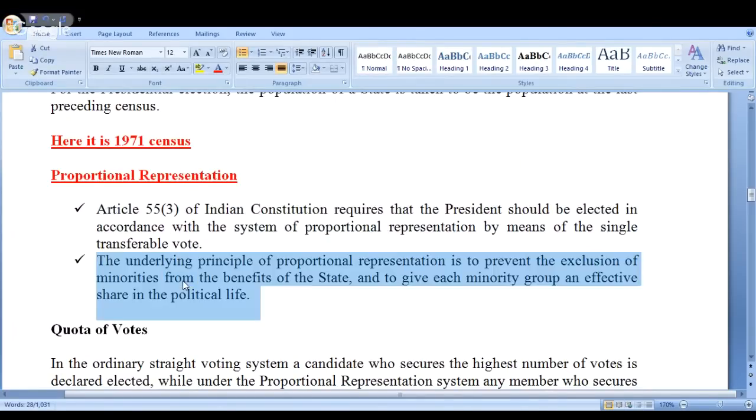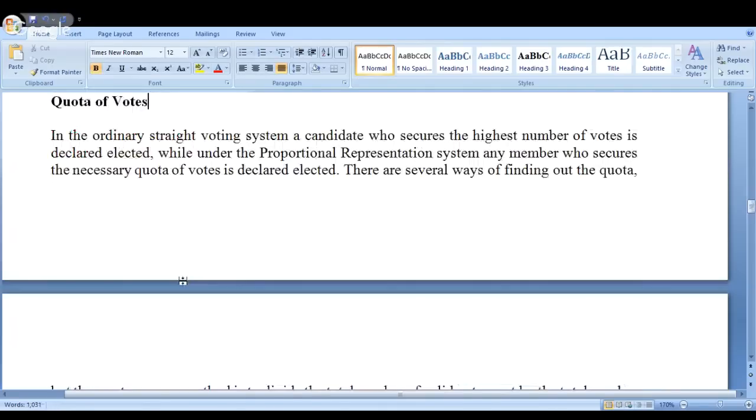The underlying principle of this proportional representation is to prevent the exclusion of the minorities from the benefits of the state and to give each minority group an effective share in the political life. Now look at this. When it comes to the quota of votes, let's understand the meaning of this quota of votes. There are several ways to find the